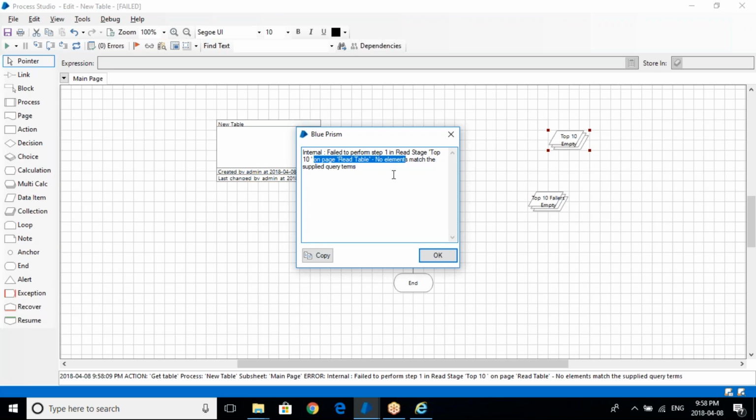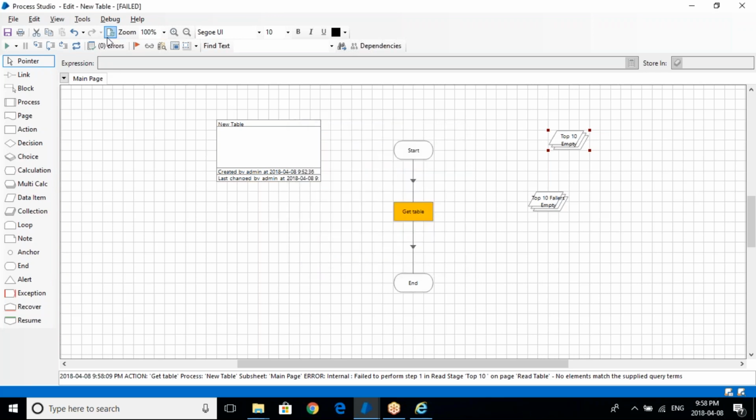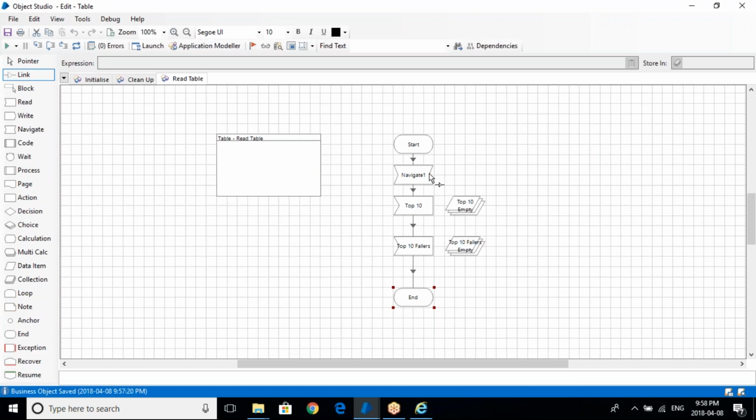So give importance to these messages also, because they ask these in the certification exam. Sometimes they will give a scenario where they say this message is coming, what is the exception that may have happened? So this message means that it's not able to find the item which you have defined in the read stage,